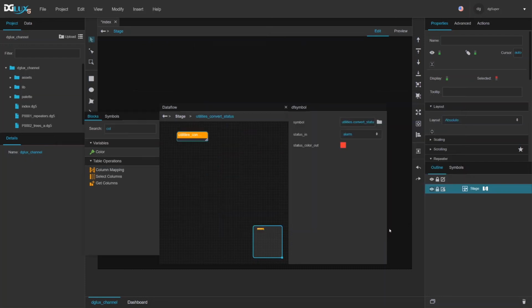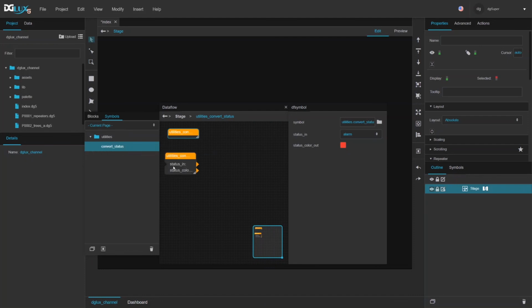Okay, so done, right? So now notice that these properties don't get pinned to the block automatically, at least not on the symbol that you already had there, but any new instances that you drag out will have those properties already pinned. However, they all have them in the property inspector. It's just they don't get pinned automatically. Anyway, so there. So we have a block, and if it works correctly, if we've done it right, it should change color based on